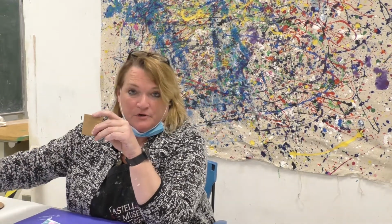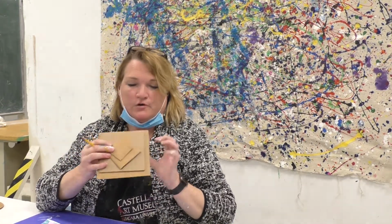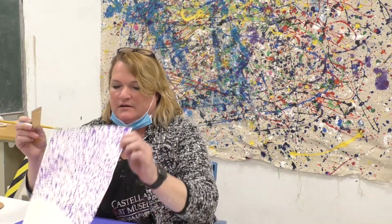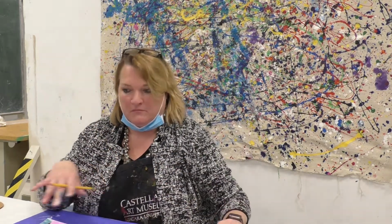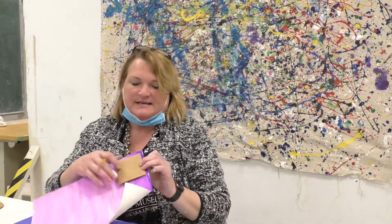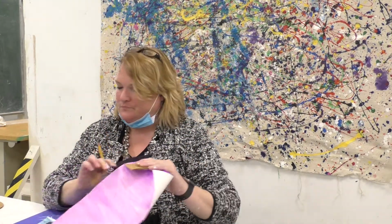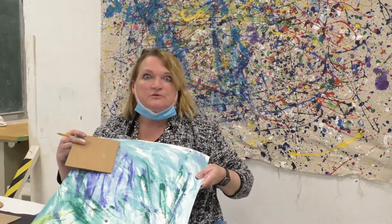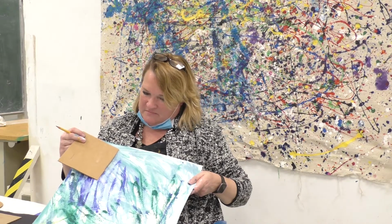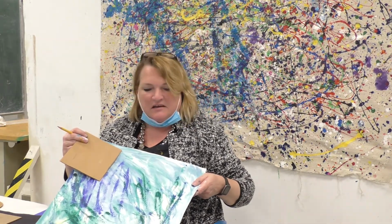All right, so I've picked the papers that I want to use for this project, and I've decided all the different sizes that each one is going to represent. So I've got 4 pieces of cardboard, remember? 1, 2, 3, 4. And the smallest one is going to be represented by this cool piece of paper with purple squiggly colors all over it. And the next size is going to be this purple wash. The next size, I think I'm actually going to use some of the black construction paper. And then this size is going to be this crazy